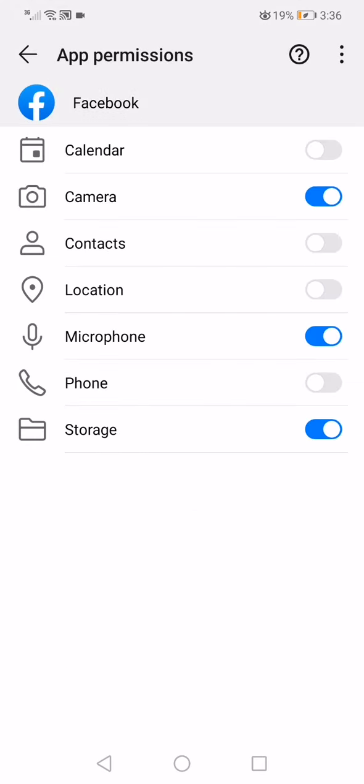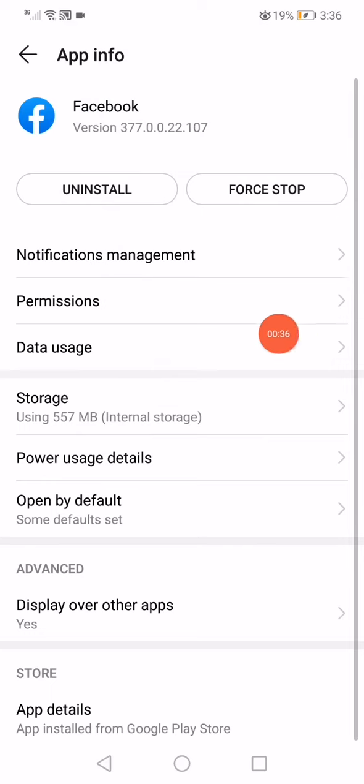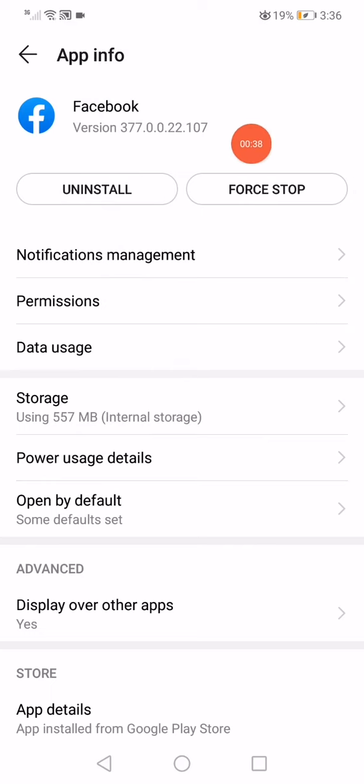the permissions, and here make sure that the storage is enabled, and then go back and click on this force stop option. And now all you have to do is restart your phone and reopen Facebook, and the problem